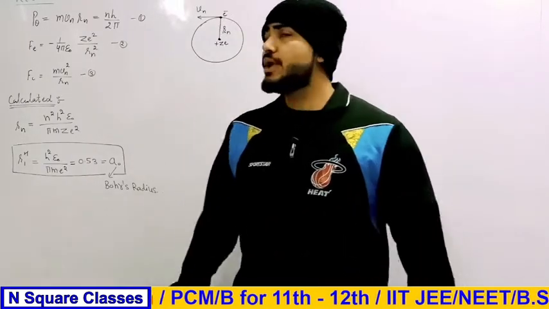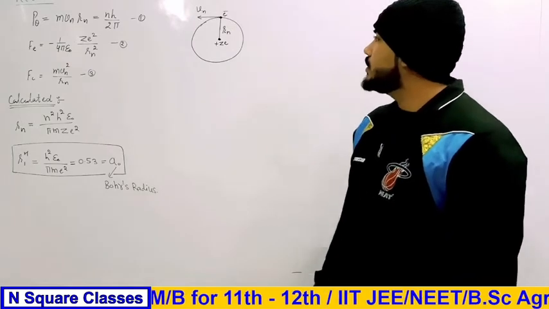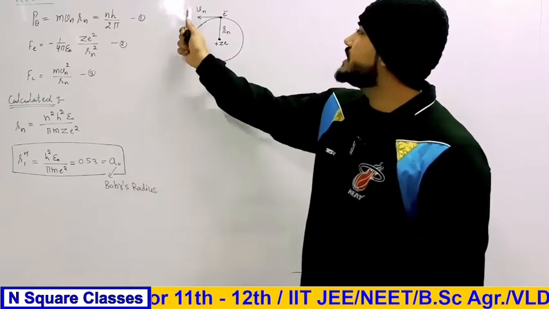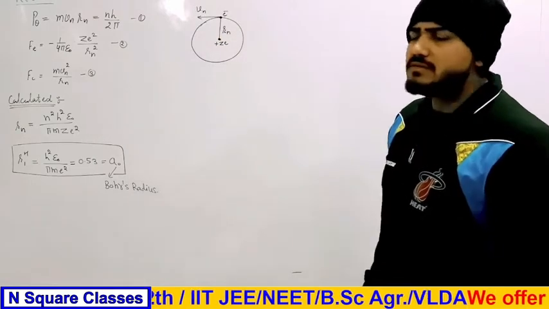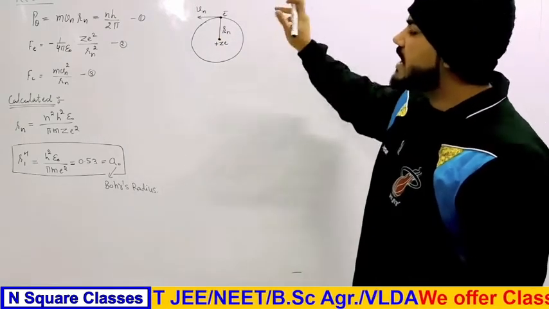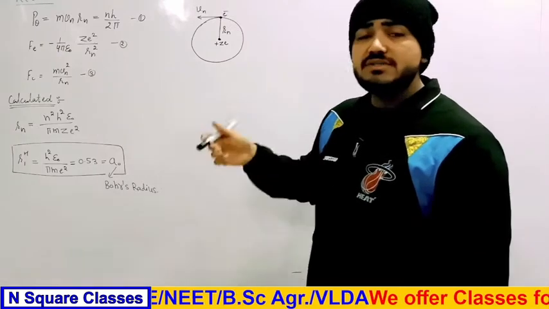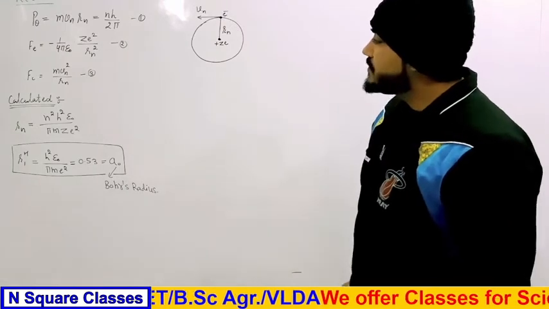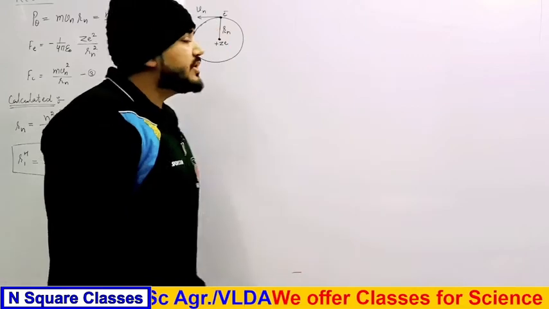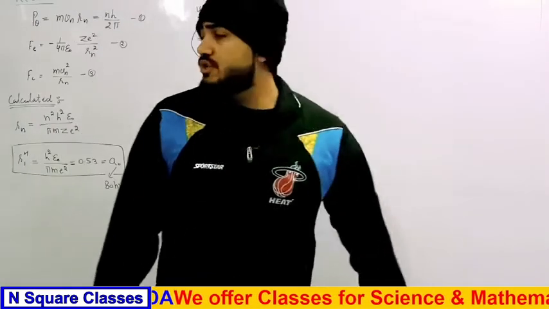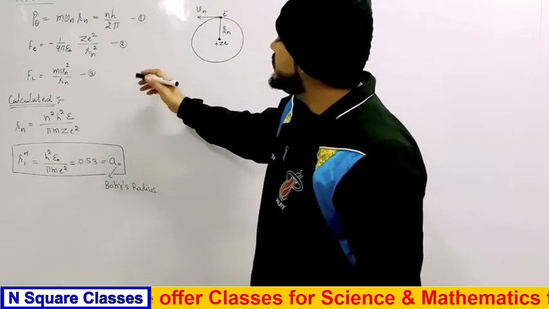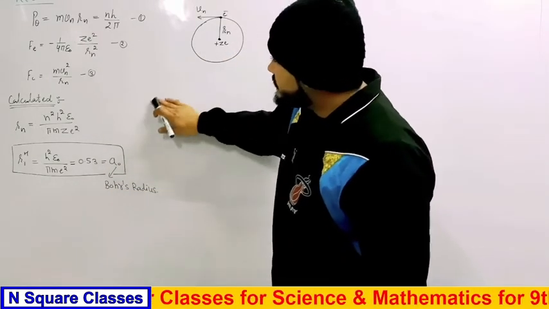In today's lecture, we are going to discuss how, using the Bohr theory, we can calculate the velocity of this electron which is revolving in the nth orbit. We have assumed that this is the rn-th orbit and the velocity of the electron in the nth orbit is Vn. In our last lecture, we calculated the value of this Rn. You can check how we calculated it in our preceding lecture.